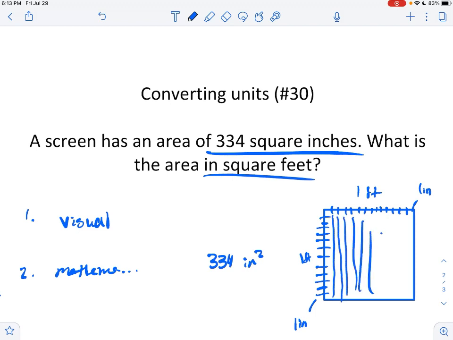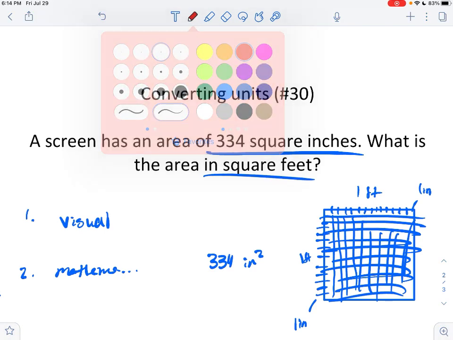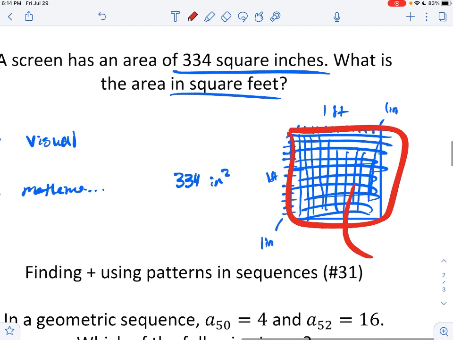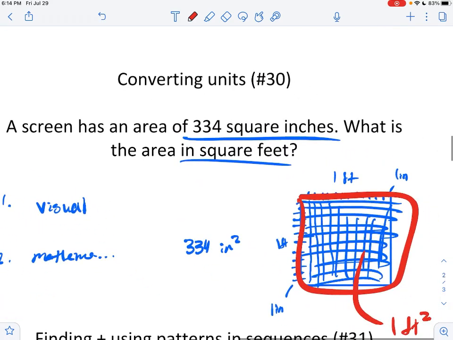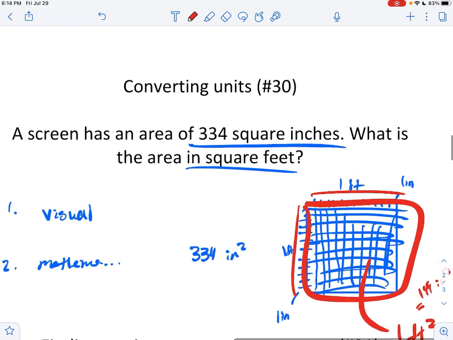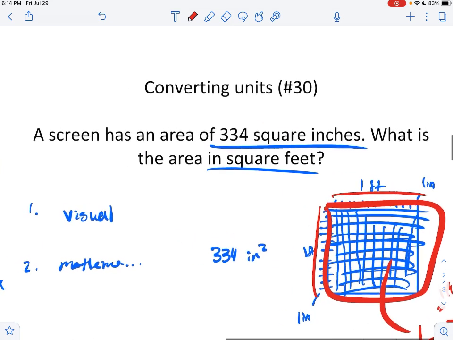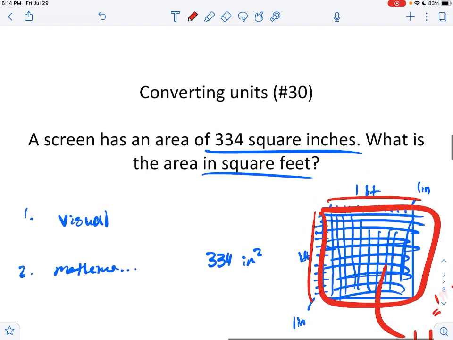right? Each of these lines represents one of those inch lines, and you'll realize that within 1 foot squared, you actually have a grid of 12 by 12 inches squared. So 1 foot squared is actually equal to 144 inches squared. Again, just through the visualization, we can observe that, right? So if I know that 144 inches squared are in a foot squared,